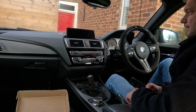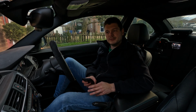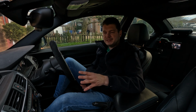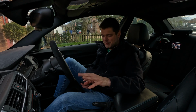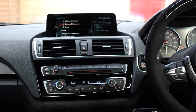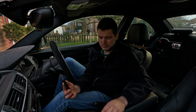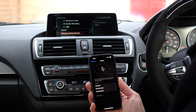Start it. So you have to follow the instructions. The instruction says that you have to unpair your phone from your car. So I already deleted all the phones I had in my car in the memory. I've also removed it from my phone. So I forgot my car. So now what I can do is go to manage mobile devices on the iDrive,